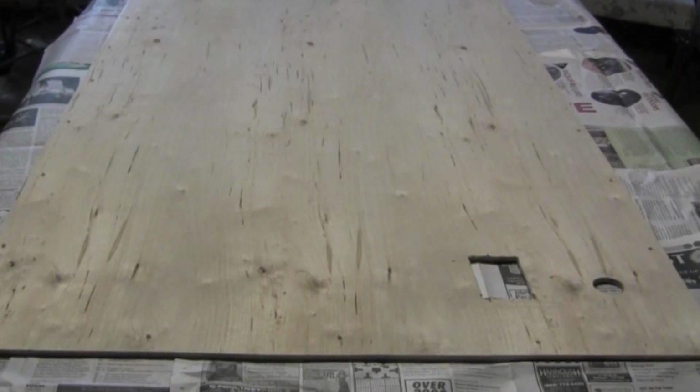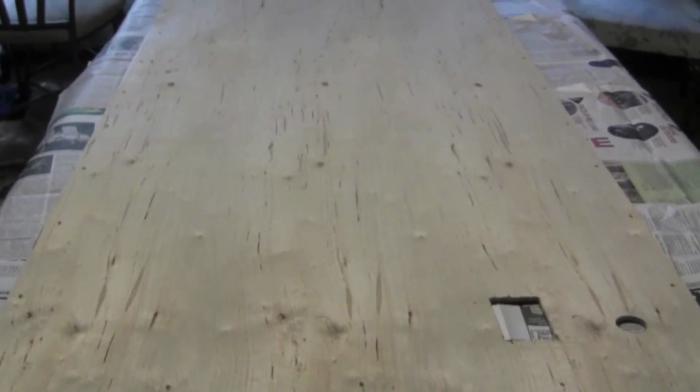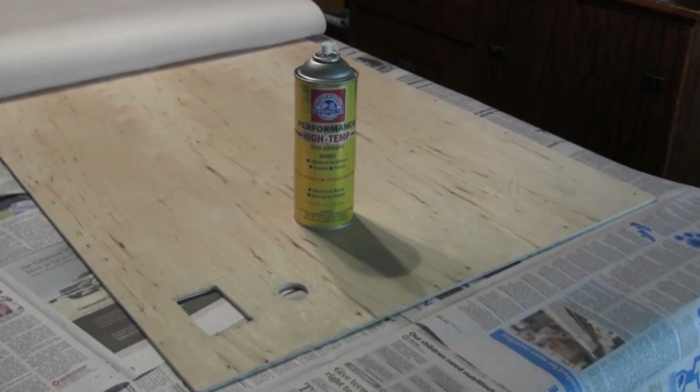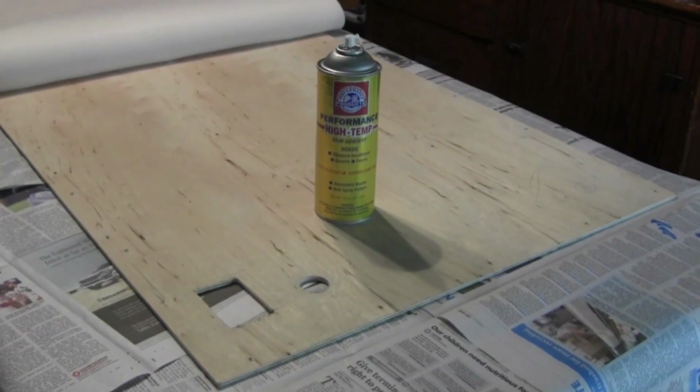I have laid this Luan on a flat surface with newspaper underneath it, because I'm going to use a special foam adhesive. And what I'm using here is a 1/4 inch what's called a pleating foam or a sew foam. For applying this foam to the Luan, I'm going to be using a special